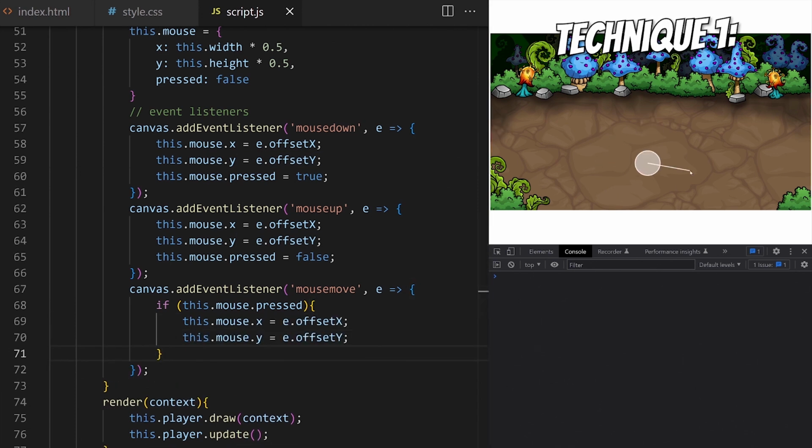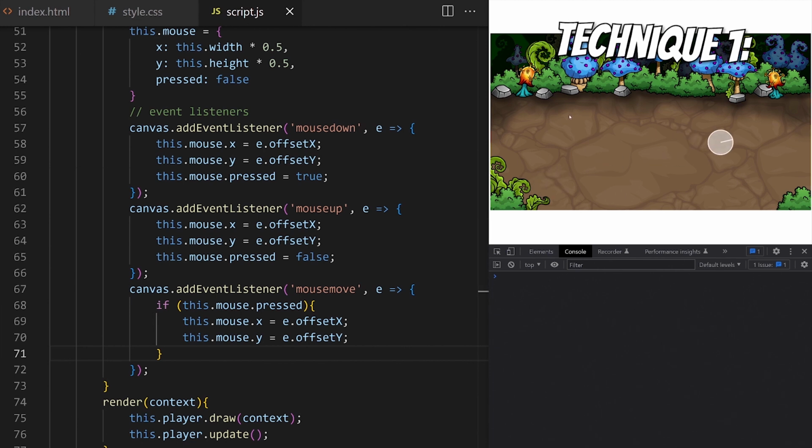Now I can click around to make the player move to that location, or I can drag that point around while holding mouse down. Perfect. The problem with this technique is that the speed is not constant. Player moves very fast at first because 1/20th of the distance is at first a big chunk when they are far apart, but as they get closer, 1/20th of that distance becomes smaller and smaller amount of pixels to be